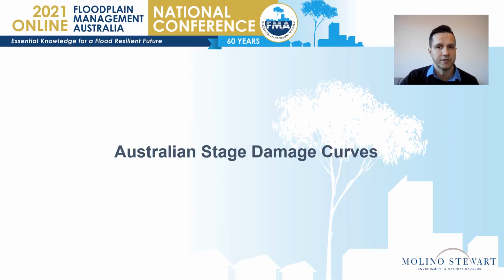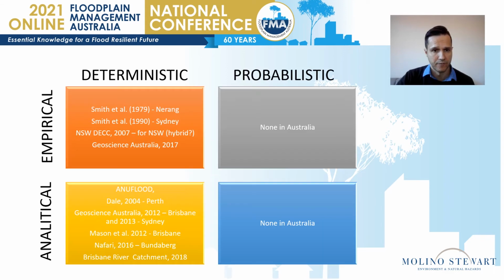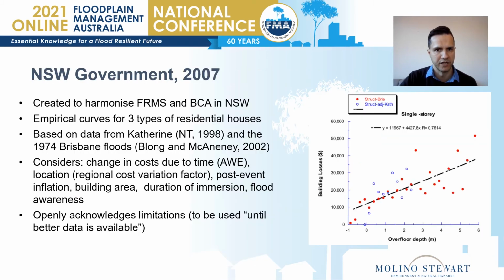So what types of stage damage curves have been developed in Australia? Well, if we organize these by type, like I did in this slide, we could immediately see that all Australian curves are deterministic. Broadly speaking, these are equally distributed between being empirical and analytical, with the former including, on average, older work. I've listed here work that goes back to the 70s, but as discussed, this keynote presentation will only address more recent publications. And the first one that I would like to talk about